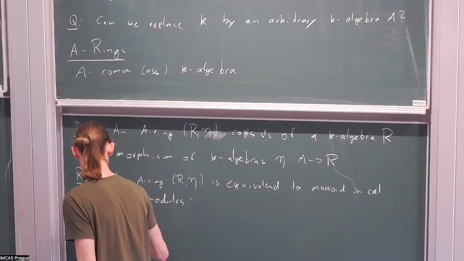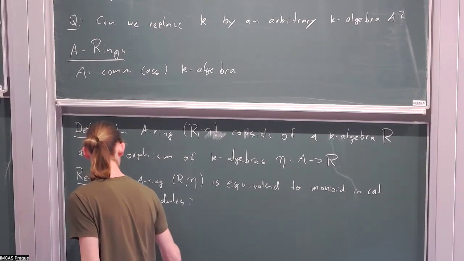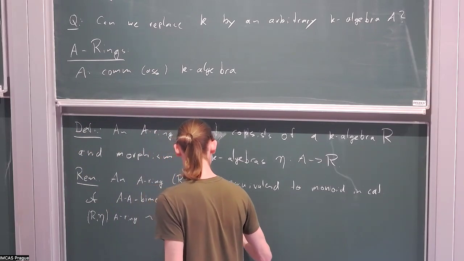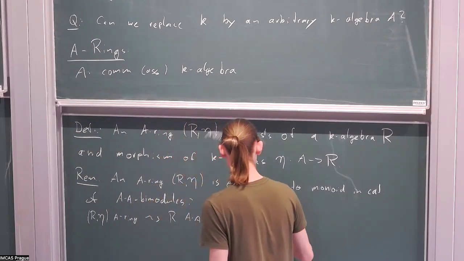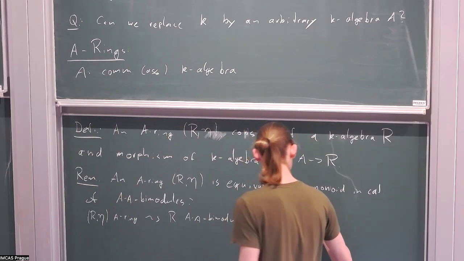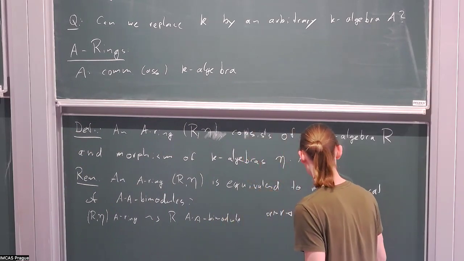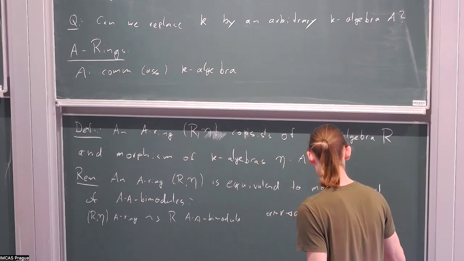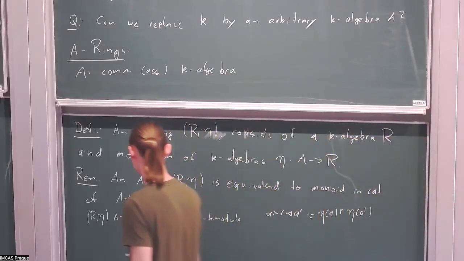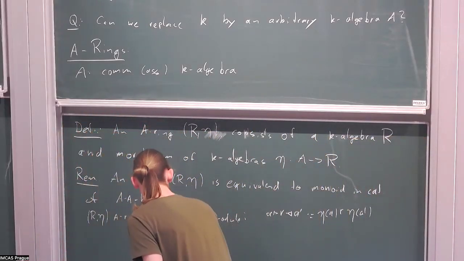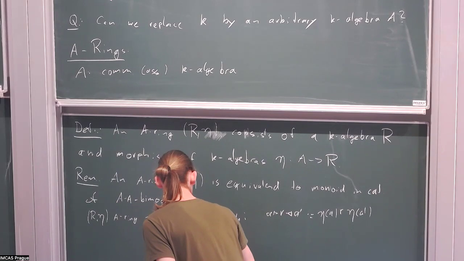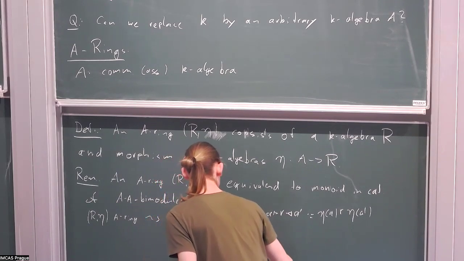As an A-A bimodule, via A acting on R and acted on by A', I define a . r . a' as eta(a) r eta(a'). And then the multiplication map